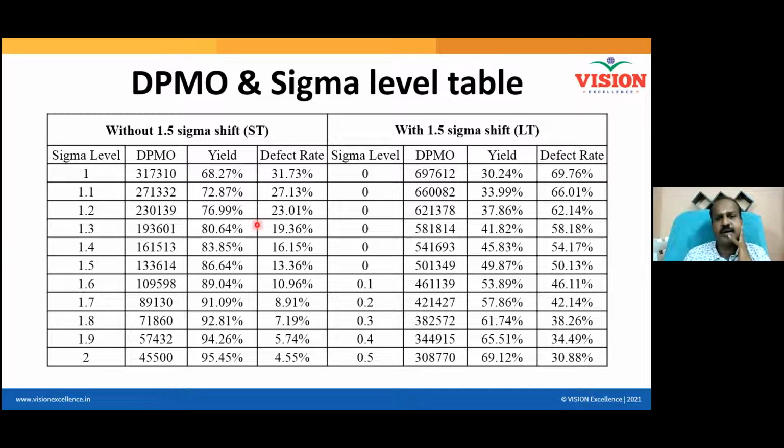And now, DPMO. Sir, how much was the DPMO you calculated? 2.8. No, I'm asking DPMO. I don't know what it is. One second. Just look at it and tell me. The DPMO values are here. So DPMO is 96,000. Okay, 96,000. Sigma level is 2.8 and 1.3. 2.8 and 1.3, yeah?